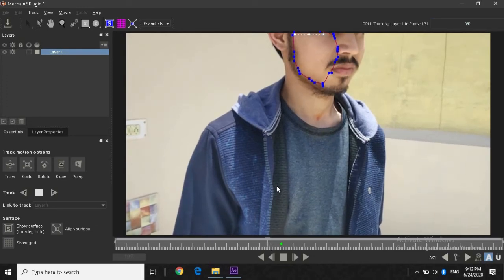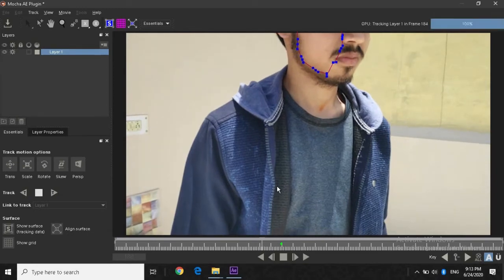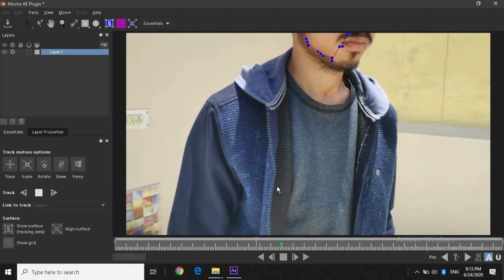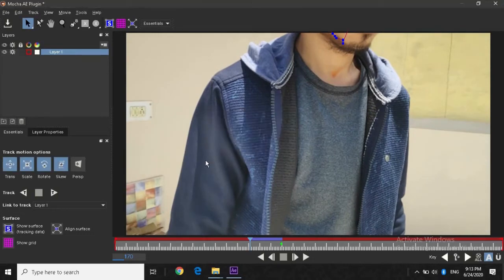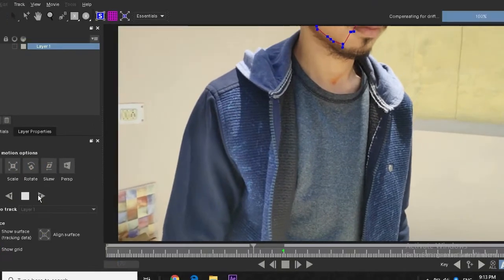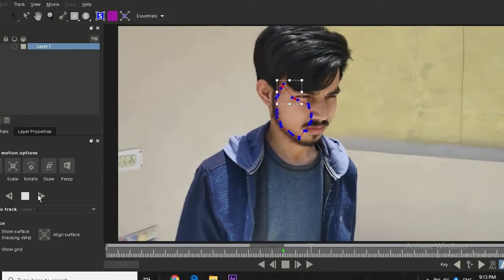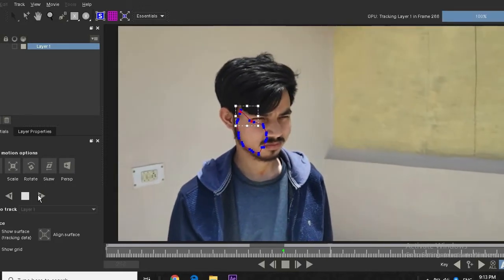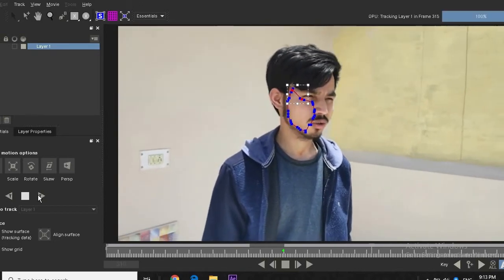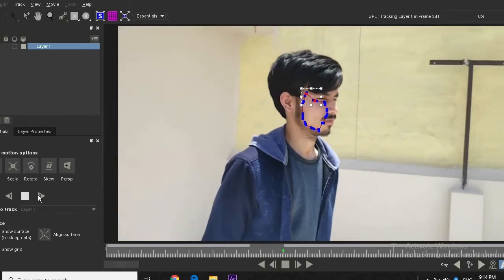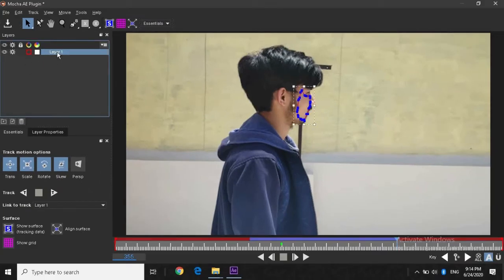Even the After Effects Mocha AE is pretty good, and the separate version, Mocha AE Pro, is pretty good in tracking. So actually before 2017 the